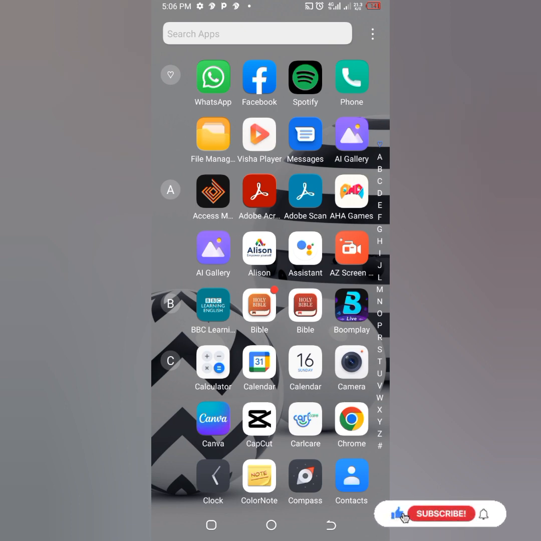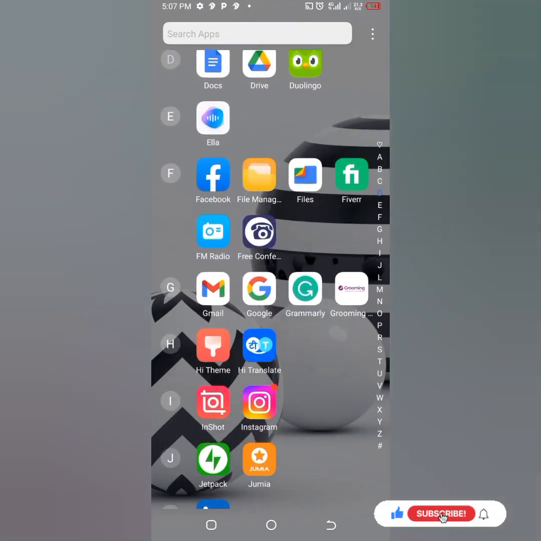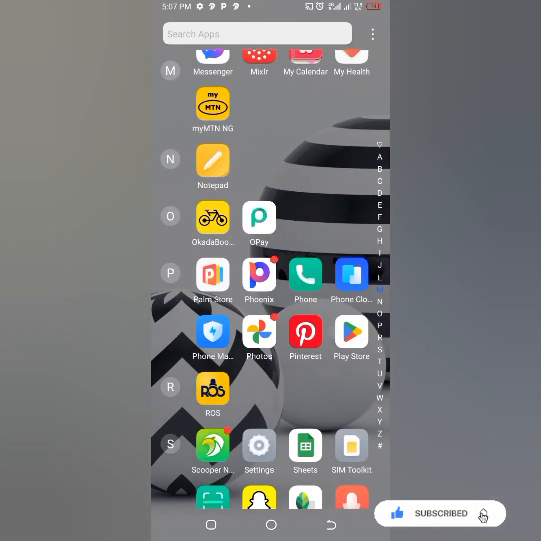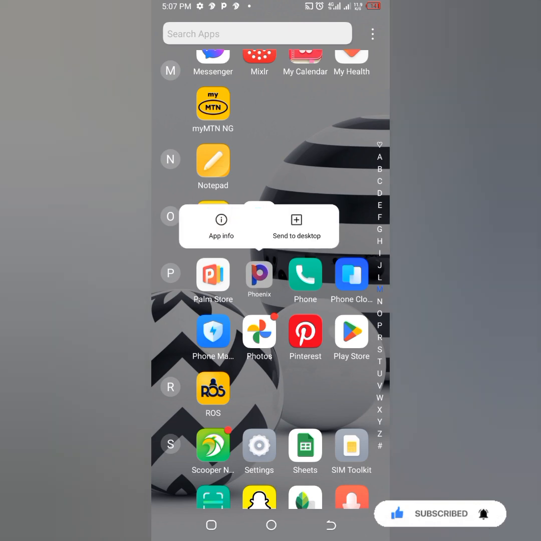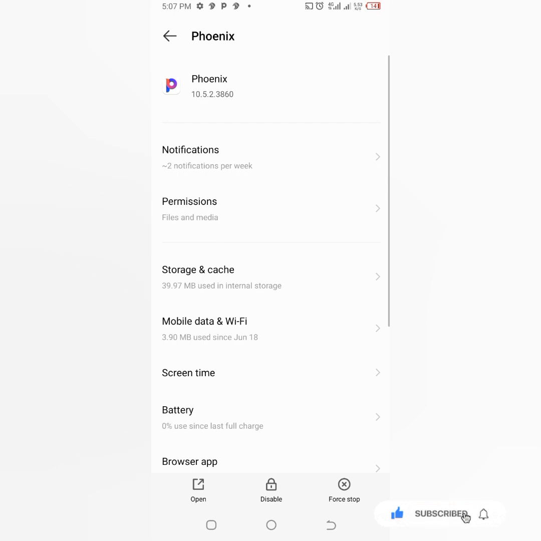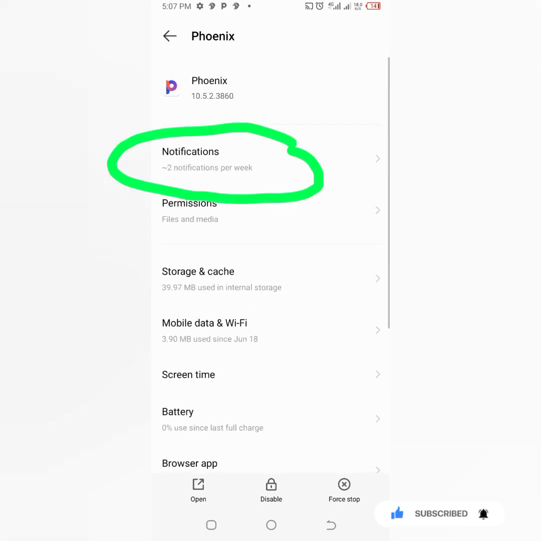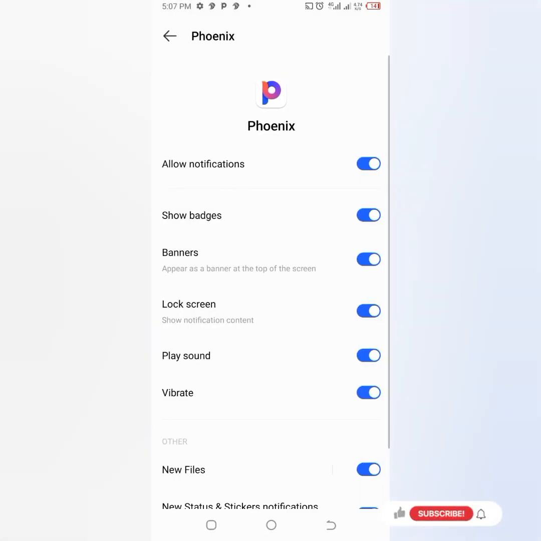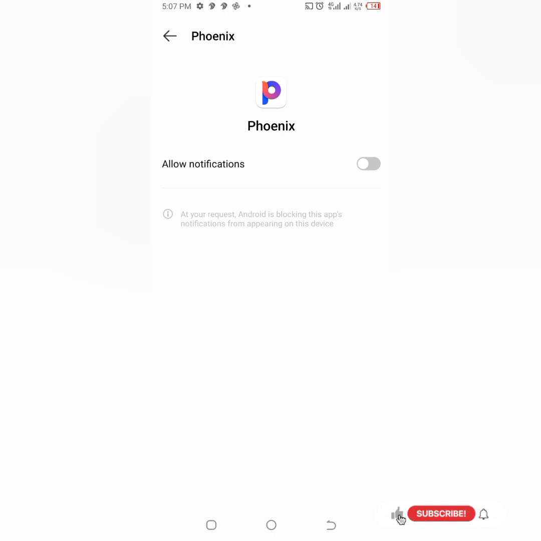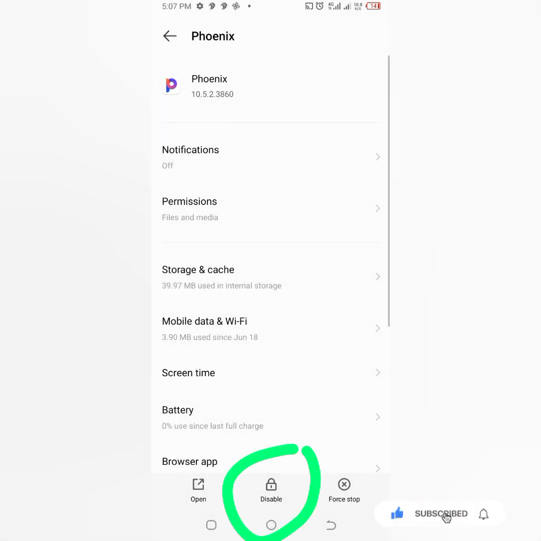You're going to go to that particular app that usually disturbs you with its notifications. Just touch the app and hold it, don't release it. When you hold it, you see these two things, app info and send to desktop. Click on app info, and you see different settings that you can set on the app. I'm going to click on notifications, and you see allow notifications. You are going to turn it off, and now I will not receive any form of notification